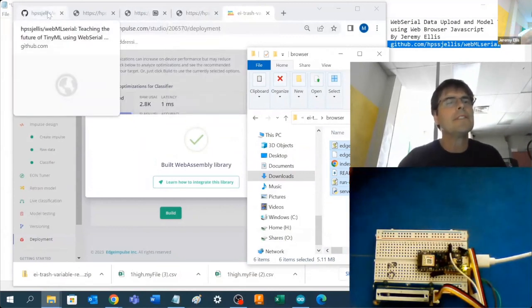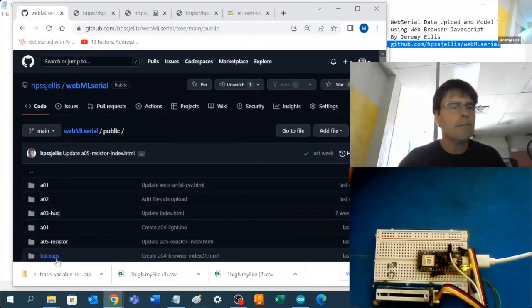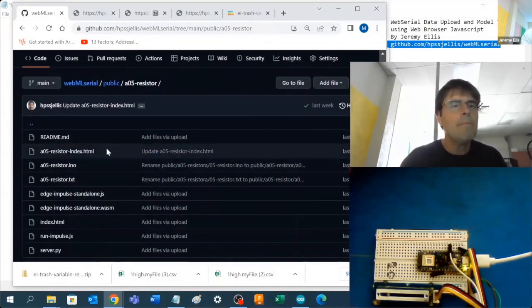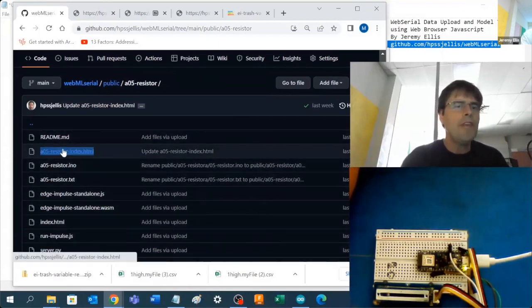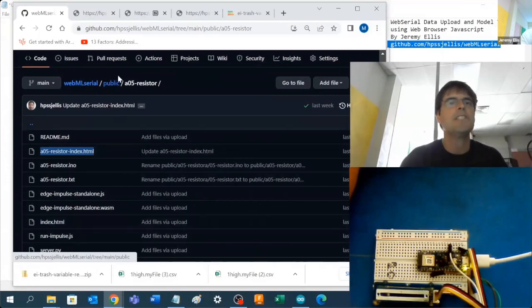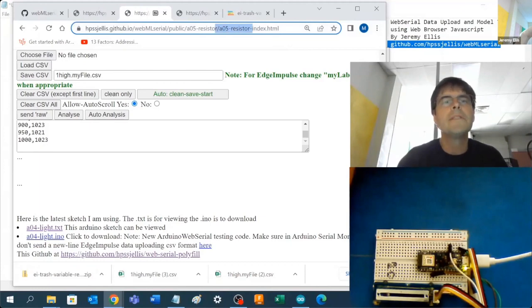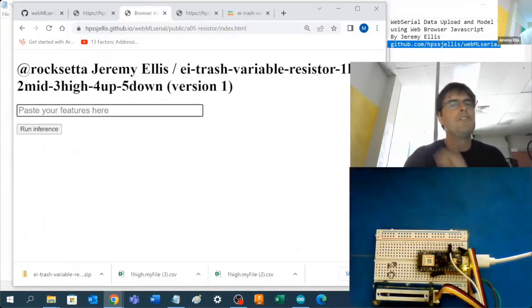And on the web page, once you've got all those files, so it's in my public folder, it's in the A5 folder, you've got my main one, the top one, A0 resist index.html, but now we've got all these WebAssembly ones from Edge Impulse, a JS file, a WebAssembly file, an index. And the index typically is not terribly useful because it needs raw data. And so that's what you would get from Edge Impulse. And if you paste some raw data in there,